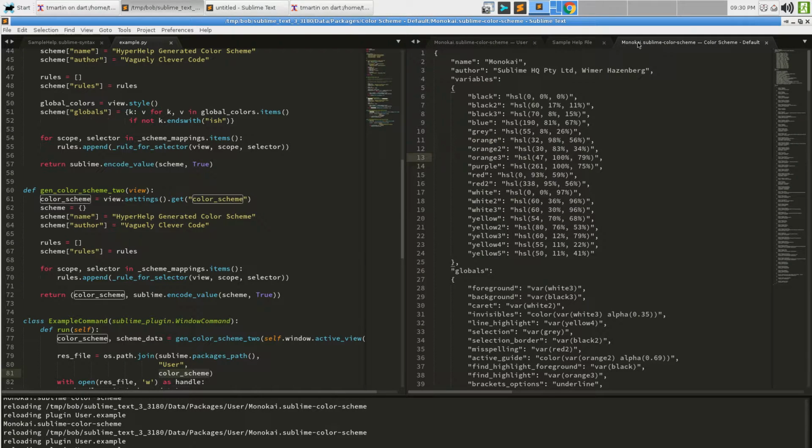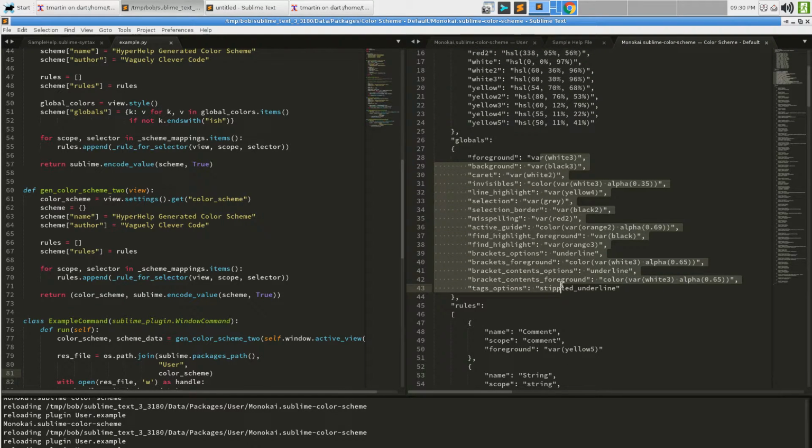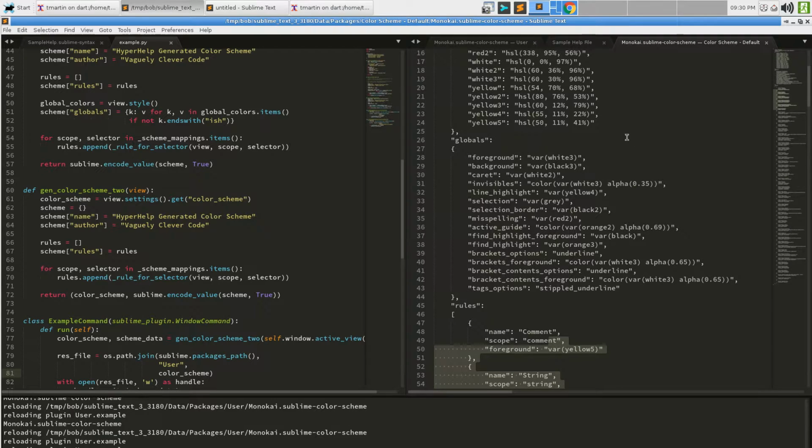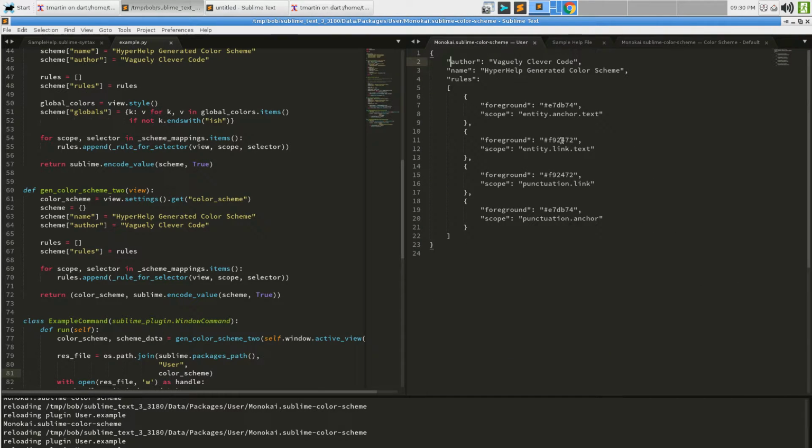And note that here in Monokai, the default one, there's variables in here that define various colors. All the globals are defined based on those colors. And all of these rules are based on those variables for colors as well. In the one we generated, there are color hexes. And that's because the view style and the view style for scope API methods return you a normalized usable color. And that means that although this works,